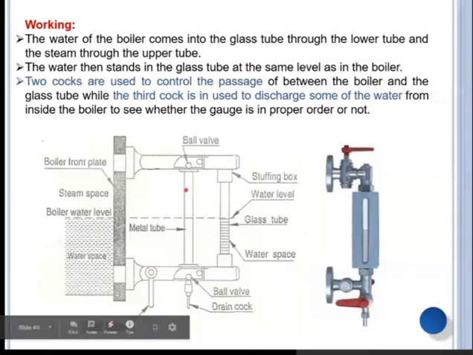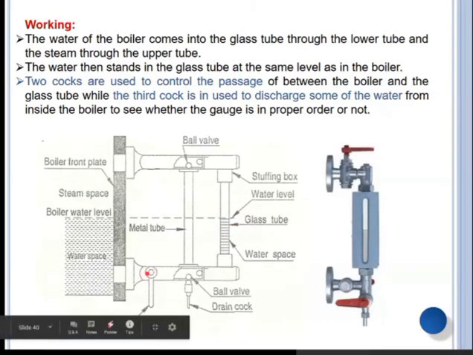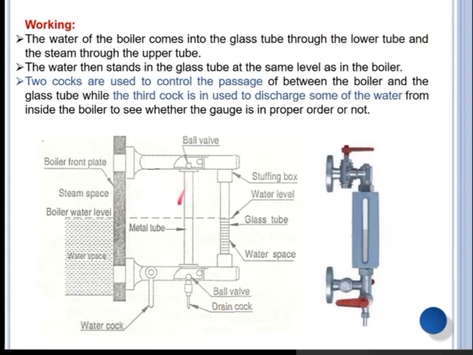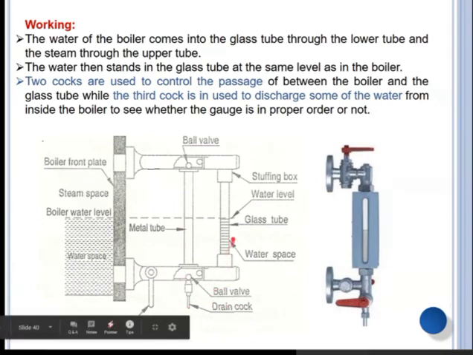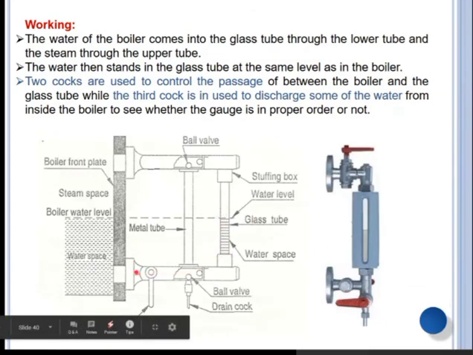Once you are notified of this broken tube, you need to close this valve. So just close this valve, open the drainage cock, and remove the water and steam from the metal tube. Then repair this tube or place a proper tube over here. So now the condition is normalized. So open your water valve, and in the same way the steam stop valve, the steam valve and water valve, and water and steam both come to this